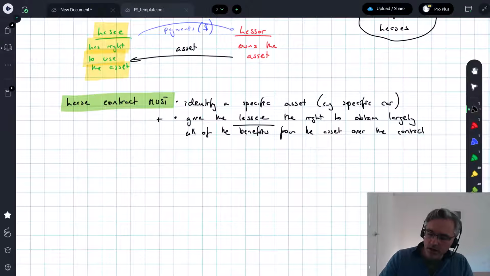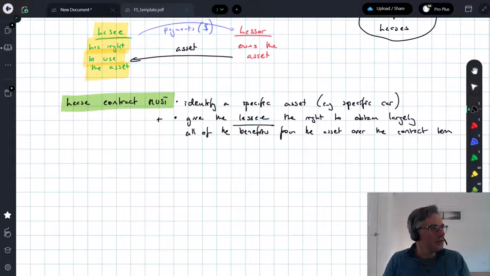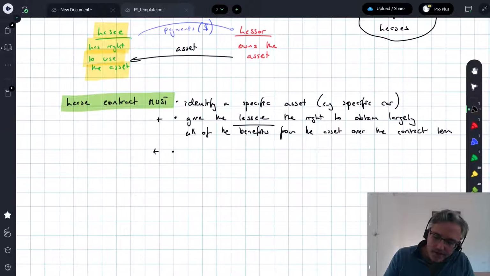So there shouldn't be, let's say, too many limitations. You, at least for the duration of the contract, need to feel like you are getting what that asset has to offer, and it also has to